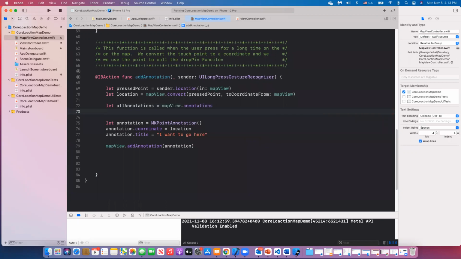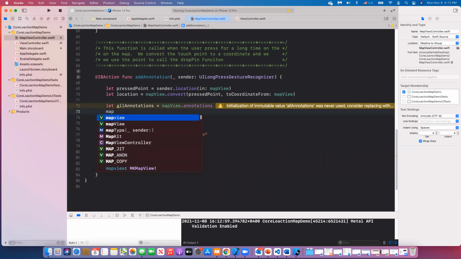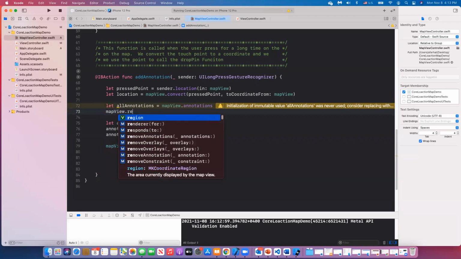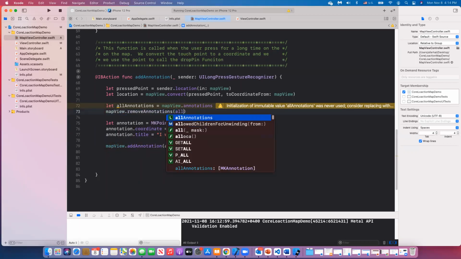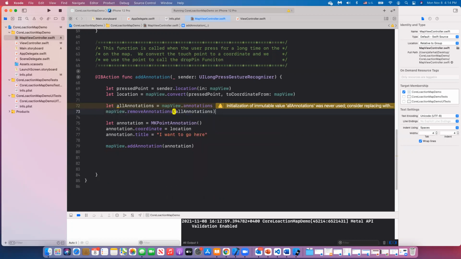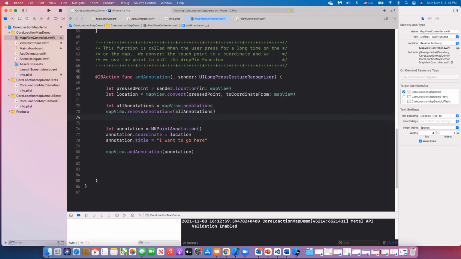Now you can use the map view again to remove all those annotations. So you can say mapView dot removeAnnotations, and then you give it the array that you got from the annotations from the map view, and then finally you say removeAnnotations. Oh, we did that already. Okay, we did that. All right, so now if you save this, when you run it,